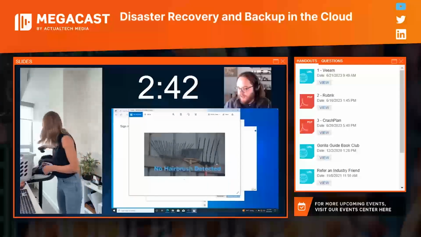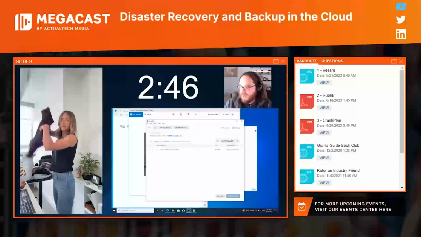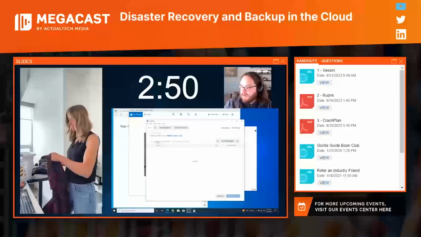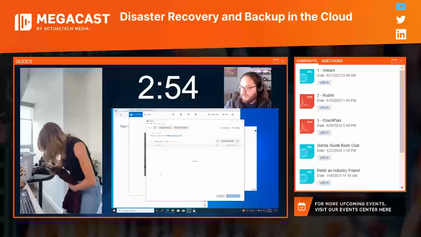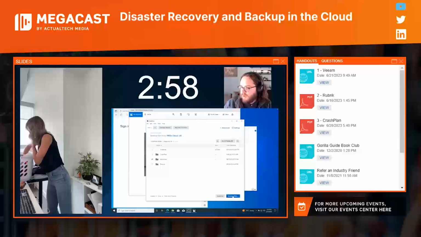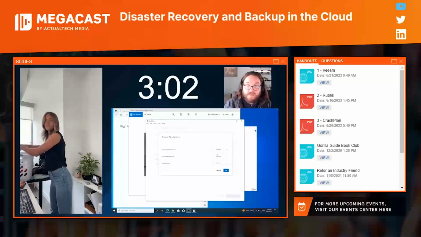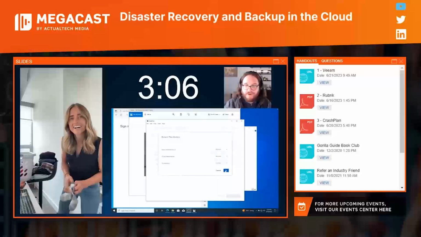But that's one file. What if I need to restore my whole system? If I need to restore my whole system, it is just as simple. All I need to do is go through. I'm already in my users directory, so I will just select the whole thing. Click Riley Bruce, restore files. I can choose where I want it to go. I'm going to say desktop here, and if I was restoring to a similar system, also a Mac, it would be all good, and it would go to the original location. And now I am done.